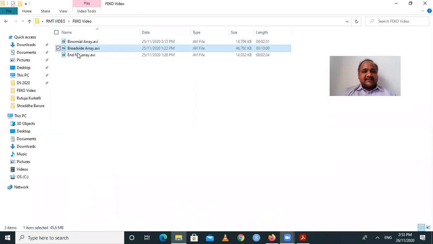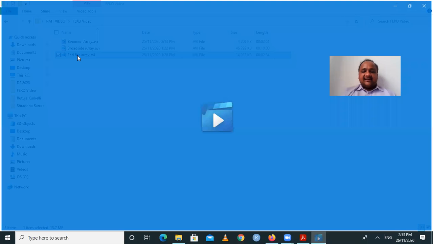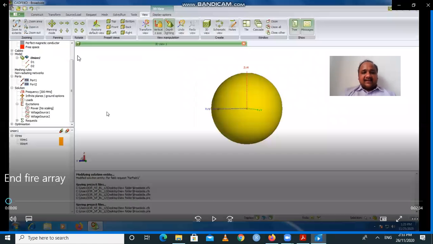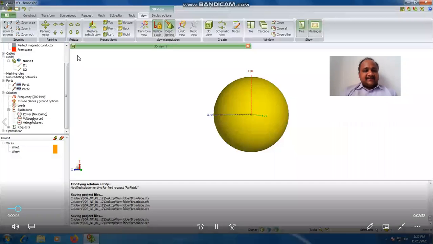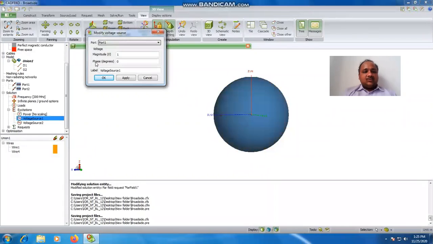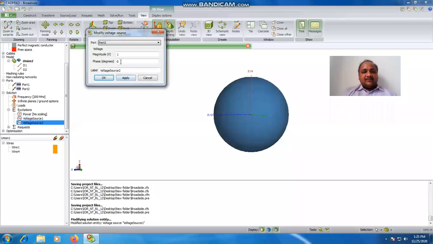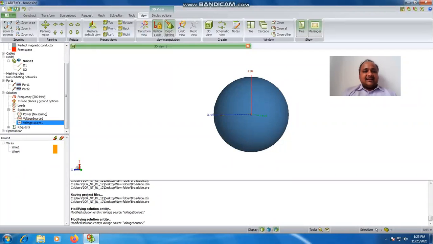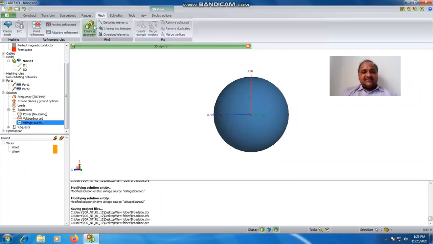So see here, this is a video for the Endfire array. I'm using the same design, like we designed a 2 element broadside array, but we want to convert that into Endfire. So for port number 1, the phase is 0 degree under excitation, but here it is equal to 180 degrees because there is a progressive phase shift present over there. And now I will save this, and again I have to mesh this design,